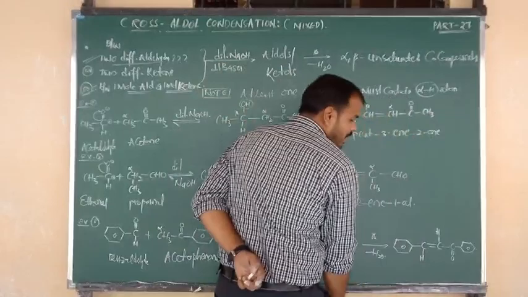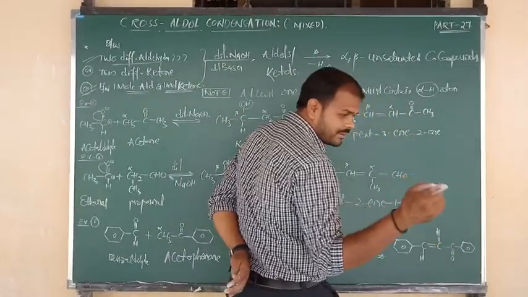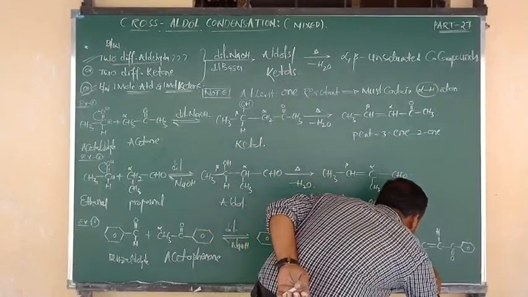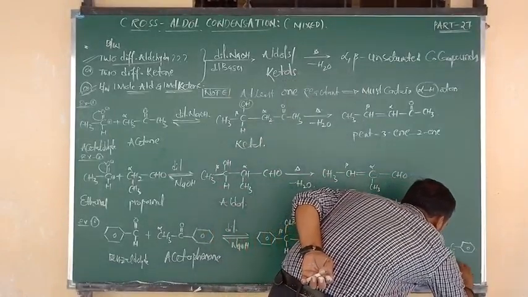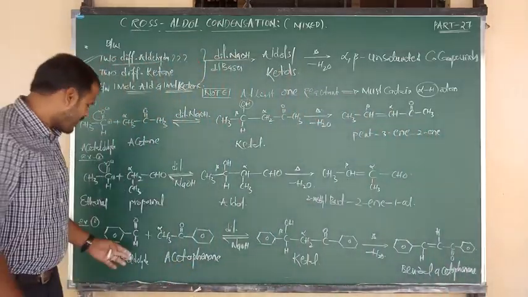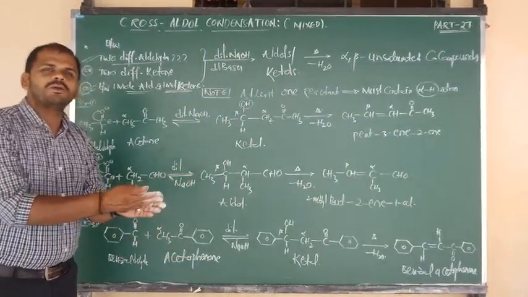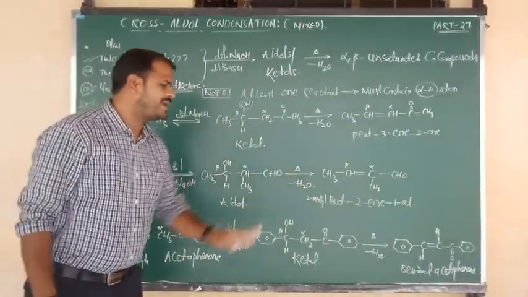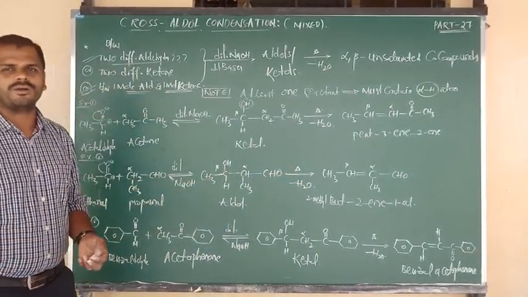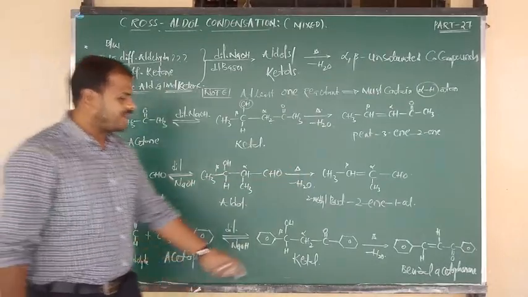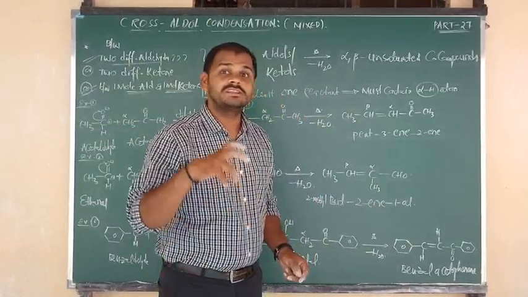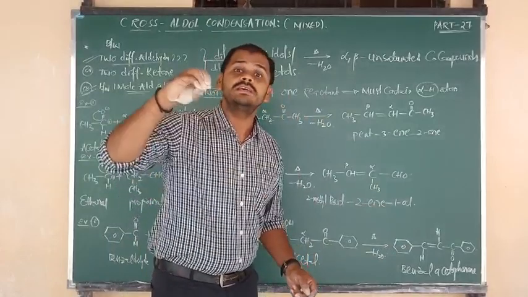So what is the name of this compound? This compound comes from acetophenone and from benzaldehyde. This is called benzal acetophenone, because it comes from benzaldehyde and acetophenone. So the clubbed name, the condensation name, is benzal acetophenone. Otherwise you can say alpha beta unsaturated carbonyl compound. And one more name: the hydrogens are opposite to each other, so we can say the compound is a trans compound. The exact name is trans chalcone.